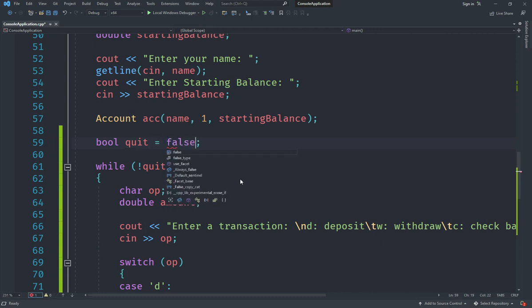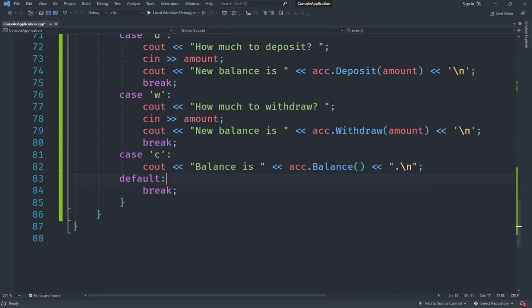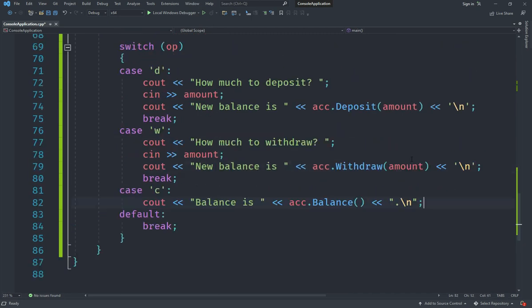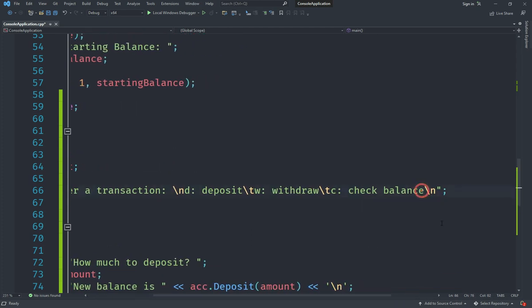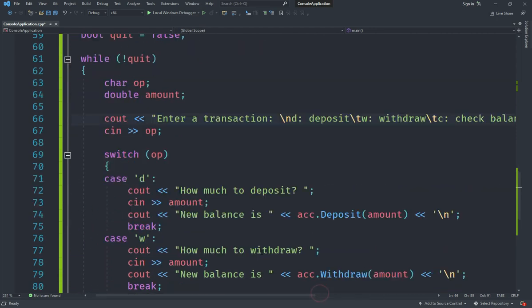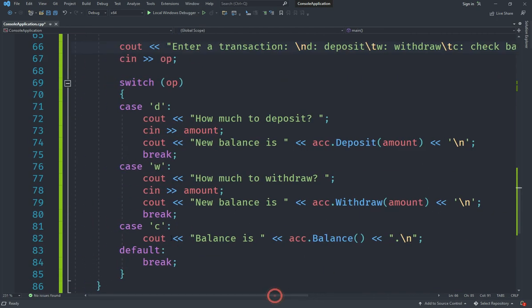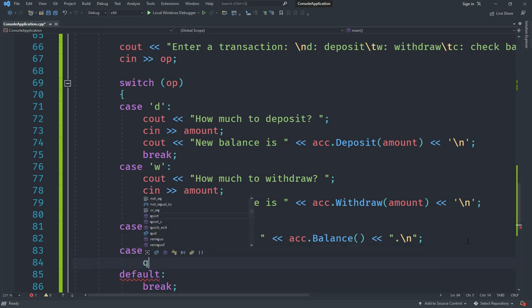Alright, and we are going to go here and actually add in another key. So after checking the balance, we are going to add yet another case, and then I'm going to say Q for quit. Alright, yeah. So after that, we are going to do down here, and we are quitting when we get the Q. So if I get Q, then we are going to basically set our quit variable equal to true. However,